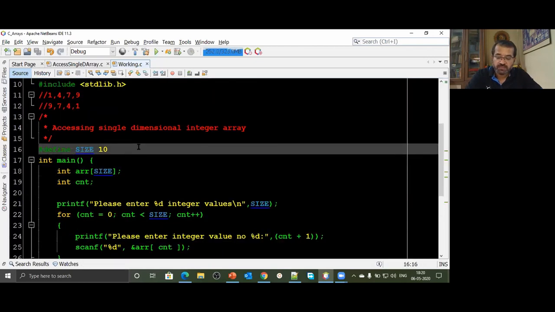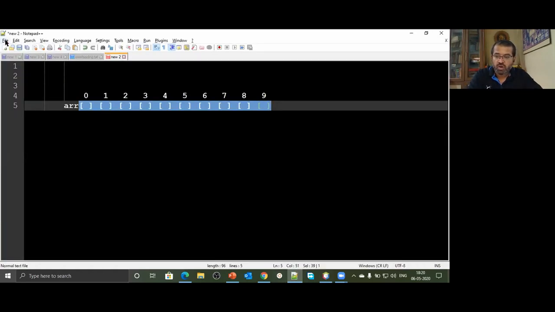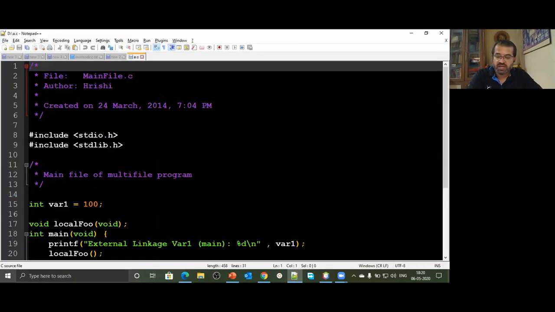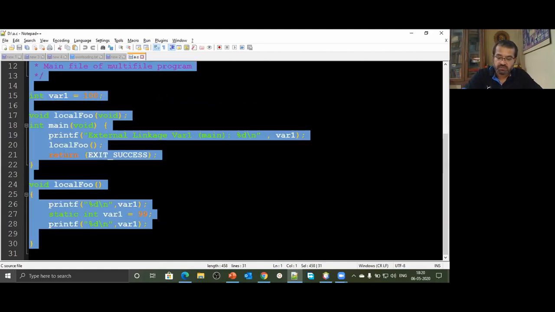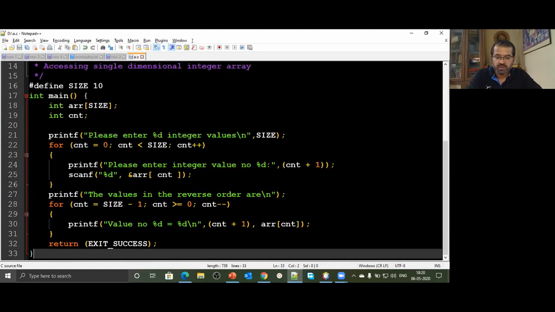Let's cross check that. Say this is the code. I'm explaining this #define statement that defines a constant. All places in the program where you have used that constant should get replaced. Here we have this particular program that we have created. Let's compile it from the command prompt or console.